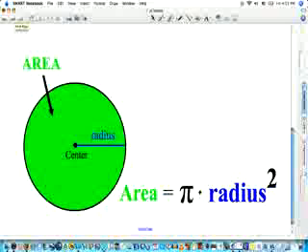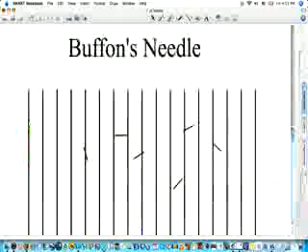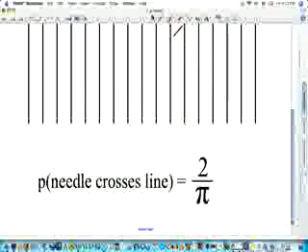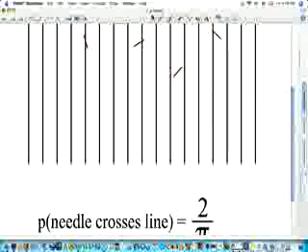So it seems that pi only shows up when working with circles, but it turns out it also shows up in probability when talking about Buffon's needle. If you take a needle and you take lined paper, where the distance between the lines is the same length as a needle, and you drop needles carelessly onto the piece of paper, it turns out that the probability that a needle crosses any of the lines is 2 over pi. Seems kind of odd that pi would show up in this sort of circumstance when there are no circles, but in fact, it does.